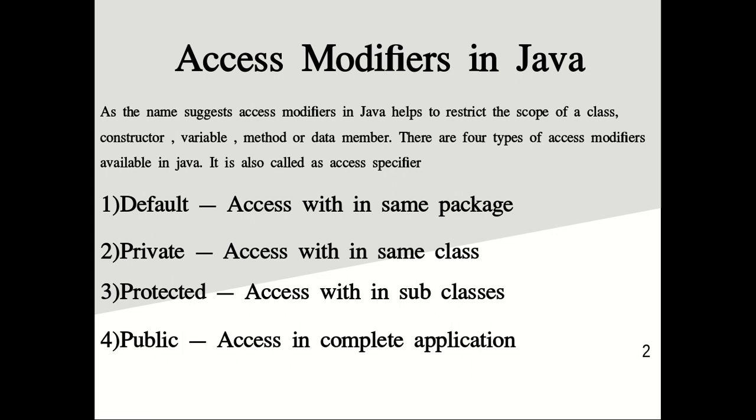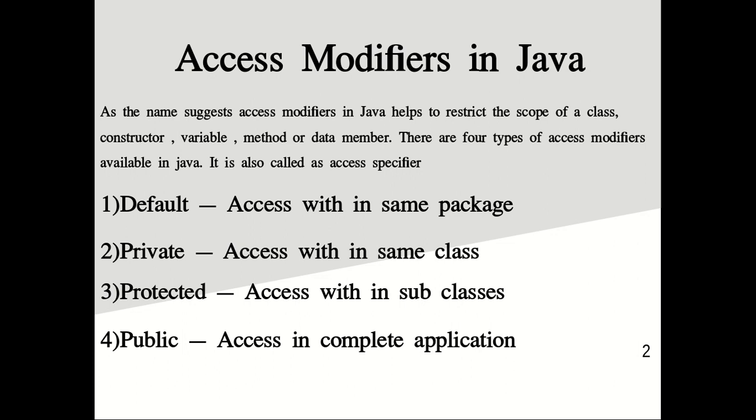A package is a collection of classes and interfaces. There is a list of classes or interfaces defined within the same package, and the members are accessible within that package. The second access specifier is the private access specifier. The members are accessible within the same class only. We cannot access the members outside that class, because we specify the members with the private specifier, so they are private to only the same class.